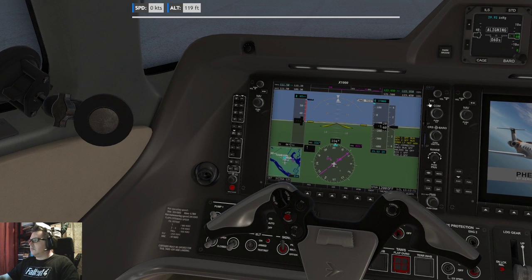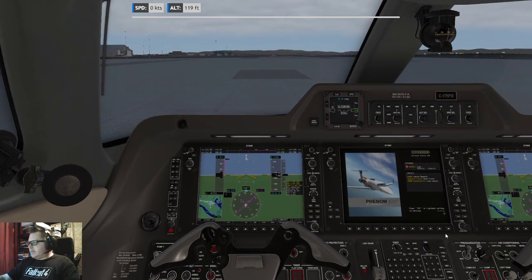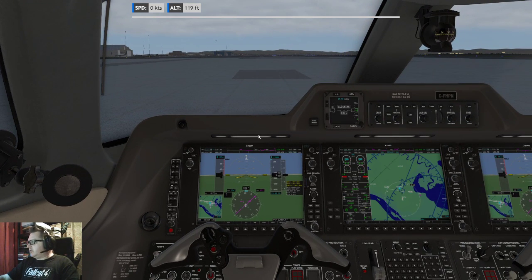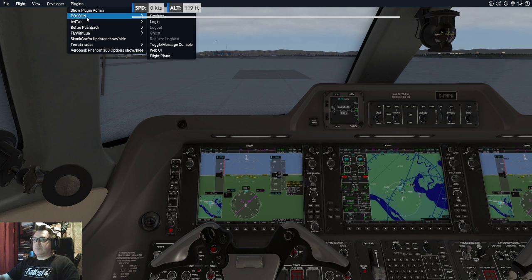It's 119. System test okay. Point 100. There you go. Actually, I'm gonna change this to be able to do a sound check. TCAS test is passed. Click that button here, and let's log on to POSCON.